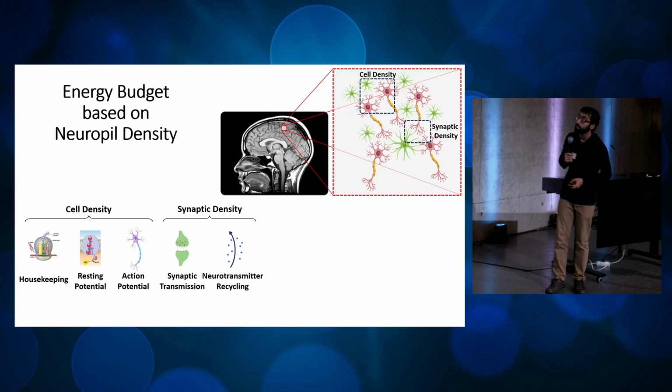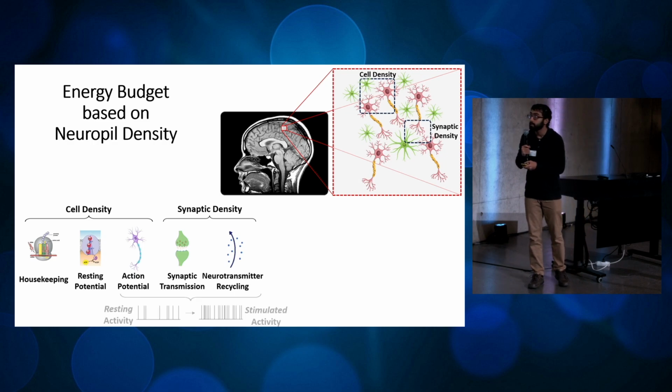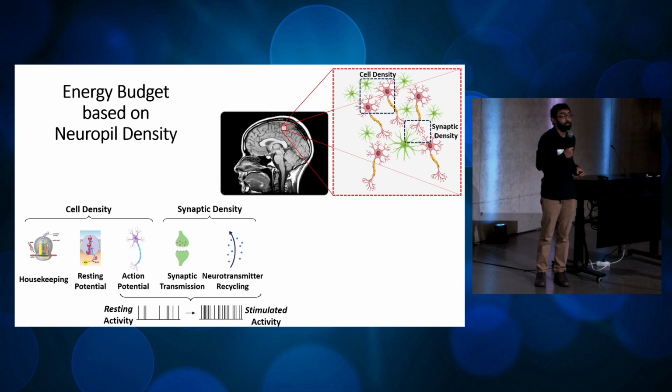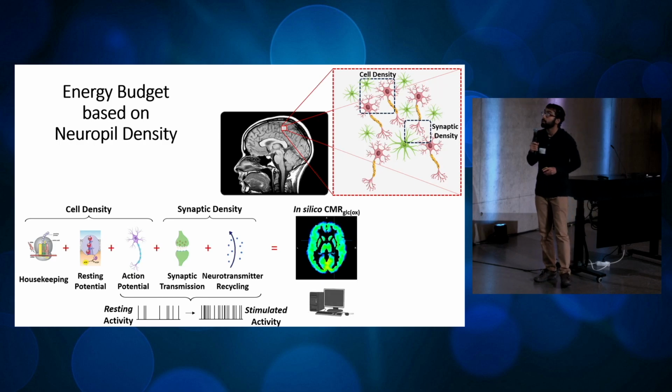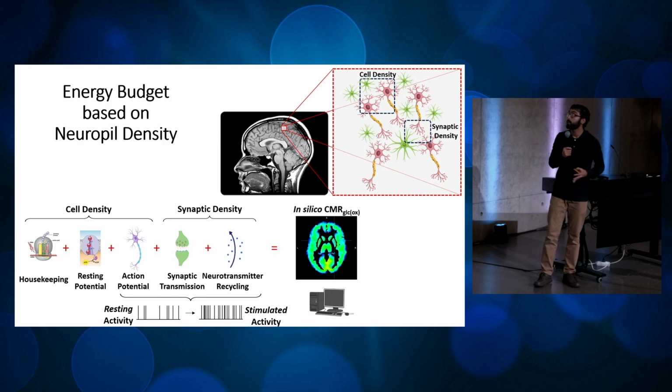Some of them are scaled by cell density, some by synaptic density, and some by electrical activity. When we're running this model, we use a single firing rate for electrical activity. We add up the different energetic components, and we're able to get a prediction for energy consumption and an energy map